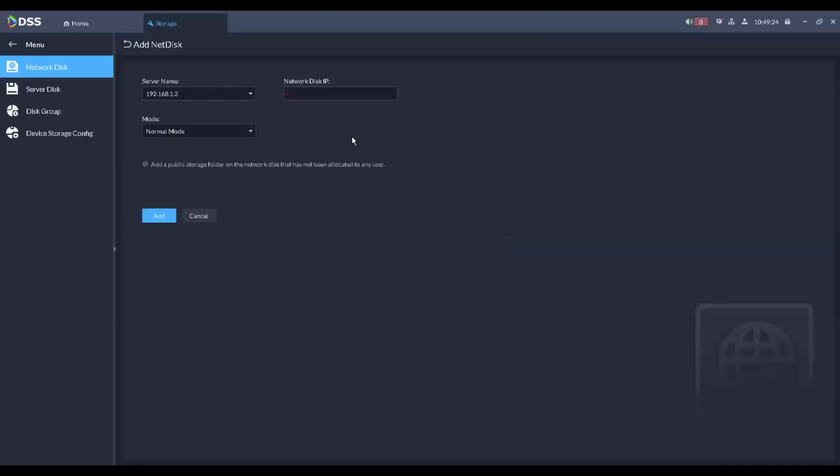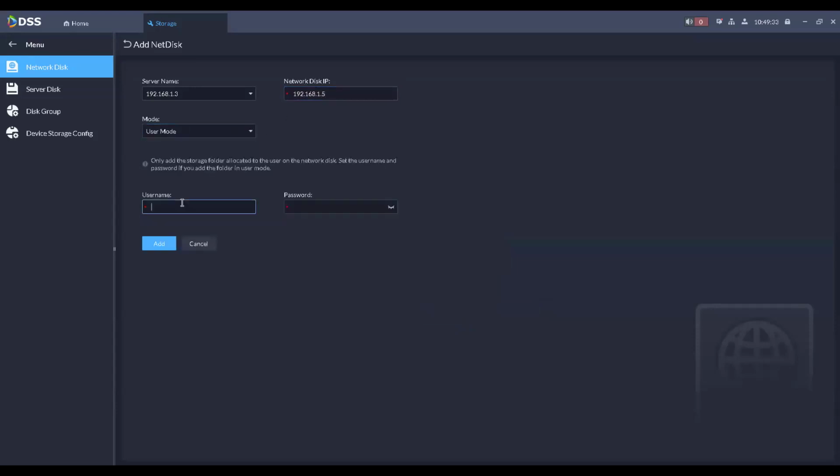Network disk, I will add 192.168.1.5. Then I'll use user mode, EVS. The password was EVS123456789. That's what I created with. Let me see. So it's still giving me, I think I have a bug somewhere on DSS because of the